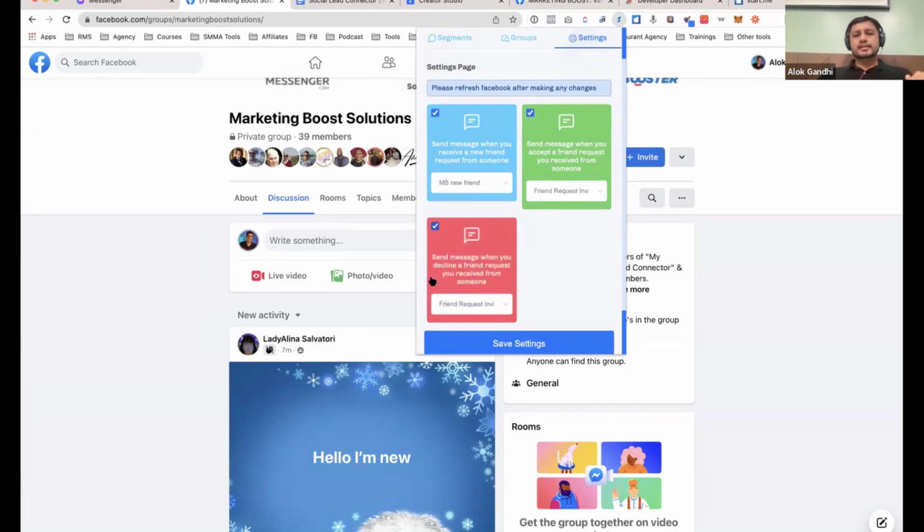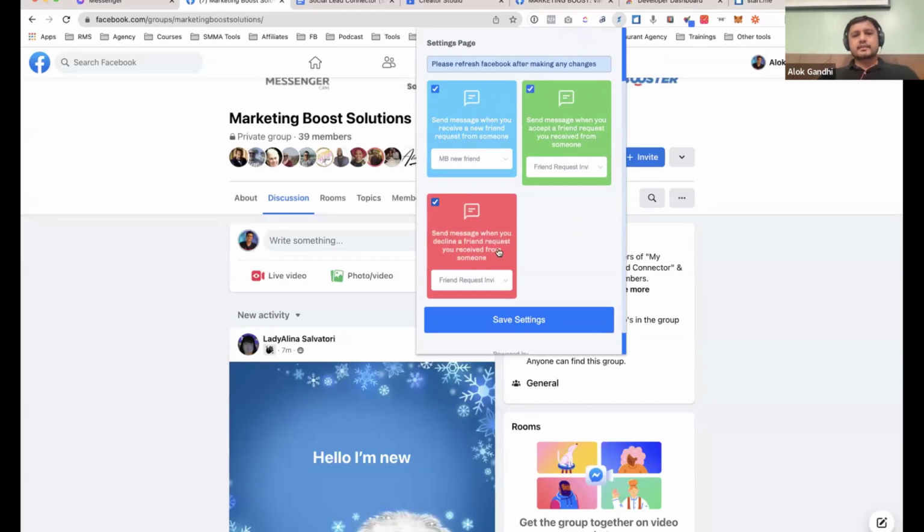Now, third piece is send a message when you decline a friend request. So, sorry Chris, your face is right in front of me, so I'm using you as an example. If Chris sends me a friend request and I don't notice him, or maybe I just don't like something on his profile, or whatever is the reason, I decline the friend request, then this automation kicks in. It would send a message on their behalf. Okay, so there are 3 different ways you can send automated messages here from this settings page.